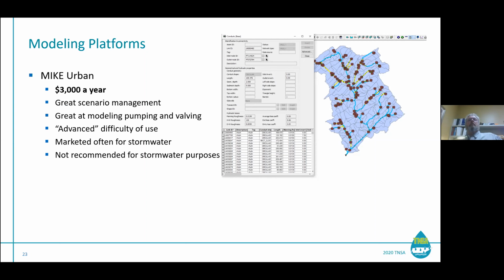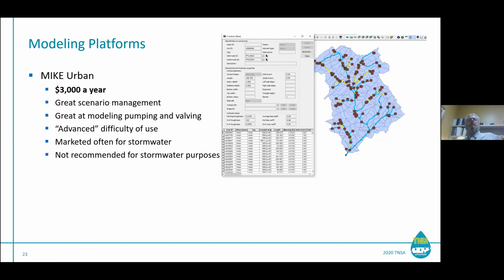It has a lot of quirks that can really mess you up. And as I know Carissa's on this call, Carissa and I found out that Mike Urban 2017 actually had a bug in it that made it completely useless for stormwater features. The cross sections were coming in and the X and Y were swapped, and there was no way to fix it. That's just mind-boggling that it was that way, and they fixed it in 2019, but it doesn't give me